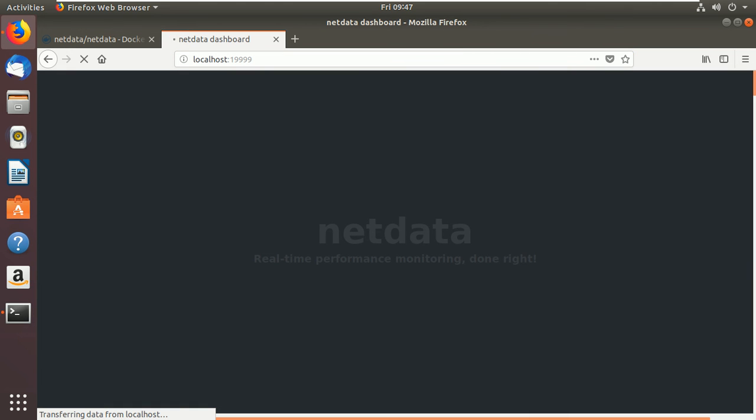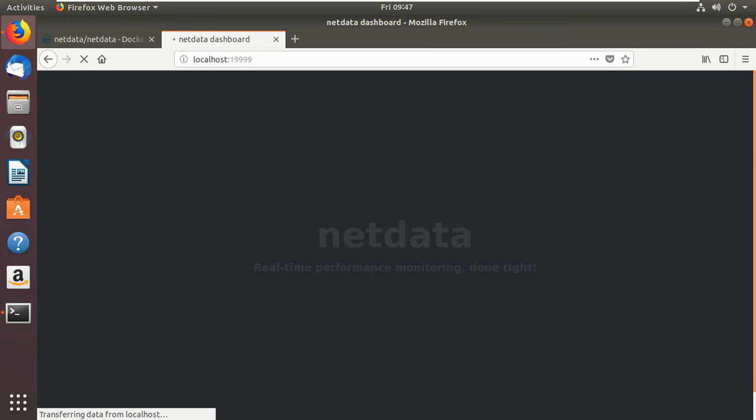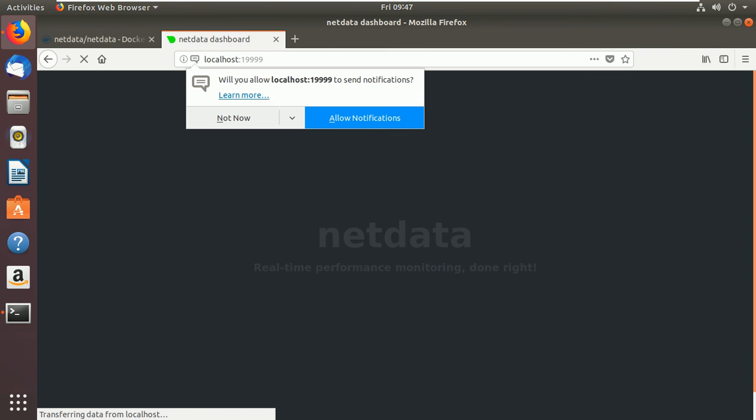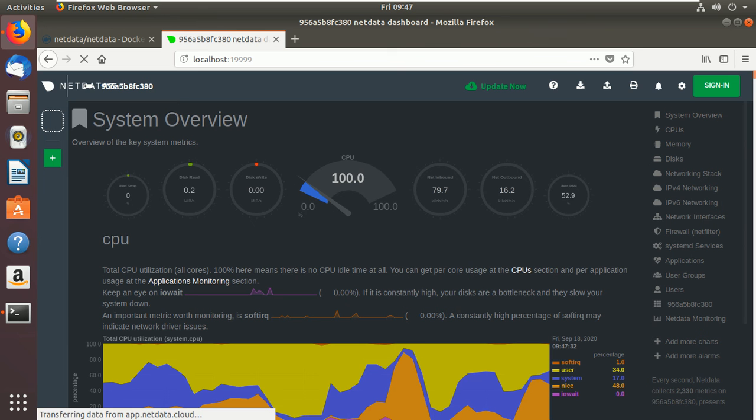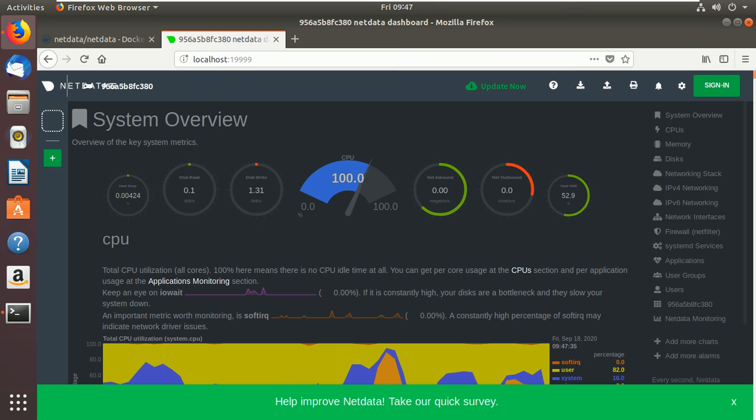See, netdata real-time performance monitoring is done, right? So it will be pulling that data now. Allow, I will do it. Can you see here every single thing, how much CPU you are utilizing for this particular Docker, the particular container we have created.